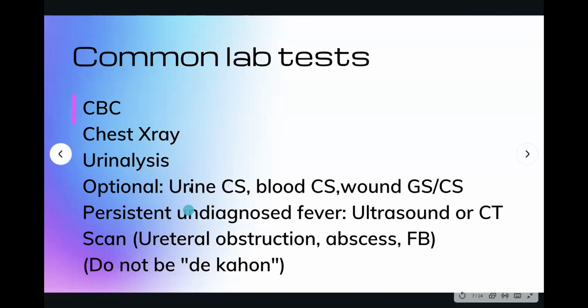So what are the common laboratory tests? CBC to check if the patient has leukocytosis, to check if the patient is anemic, which may indicate possible hematoma. Chest x-ray, of course, to rule out or rule in pneumonia. Urinalysis to check if the patient has UTI. Urine CS is optional. Blood CS as well as wound GSCS. So of course, if the patient has a wound discharge, which looks infected, you really have to do a wound